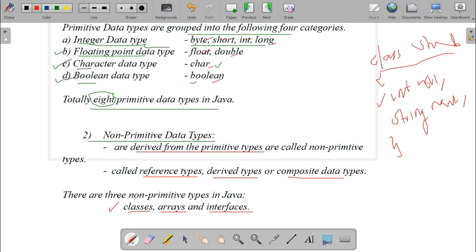So this is a class. Class is a data type. This class consists of two data types, integer and string. So how can we tell class is a non-primitive data type? Because it is derived from the primitive types. Okay. So these are the different data types, primitive and non-primitive.